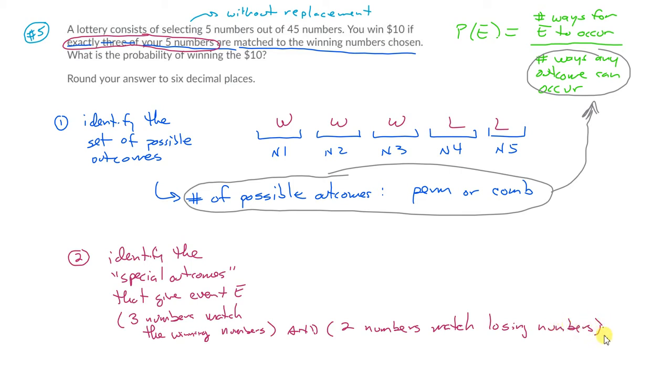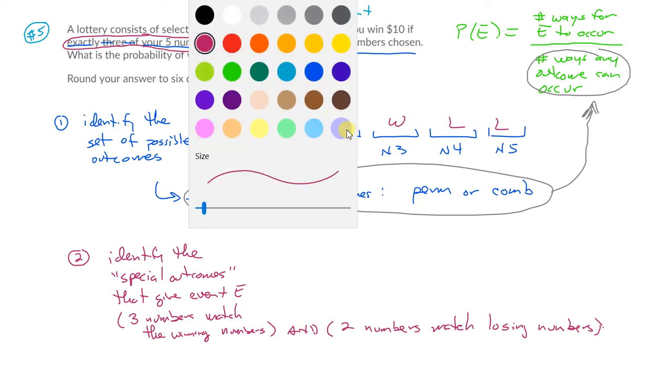Both have to happen in order to have exactly 3 winning numbers. You have to have 3 winners, and then the other 2 gotta be losers. You can't just let those randomly be chosen, because you might accidentally pick a winner again. Okay? So how do you make that happen? So that's going to be your numerator. Whatever result we get here,